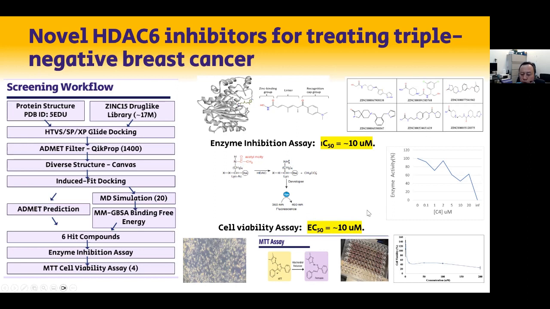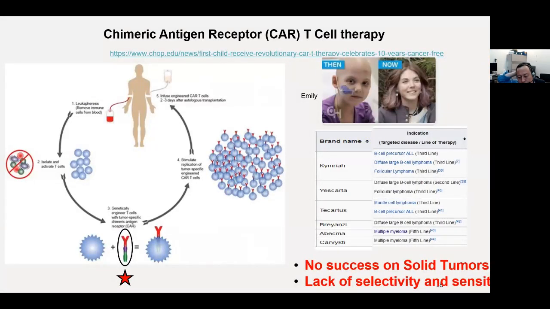So what's the overall cost for this project? Okay, 6 compounds, roughly $60 each. And then the assay is about $1,000. So overall the experimental part is less than $5,000. The computation only took us several weeks. So I think this is one example. Okay, so let's now move to